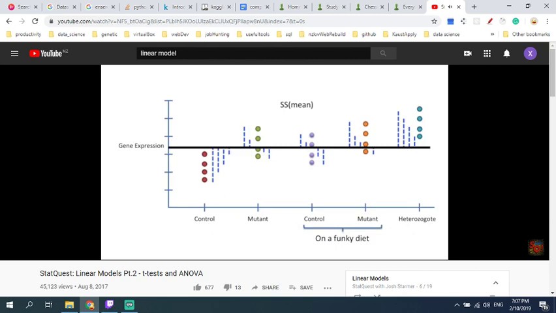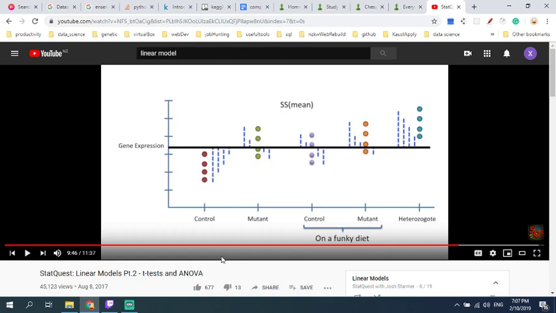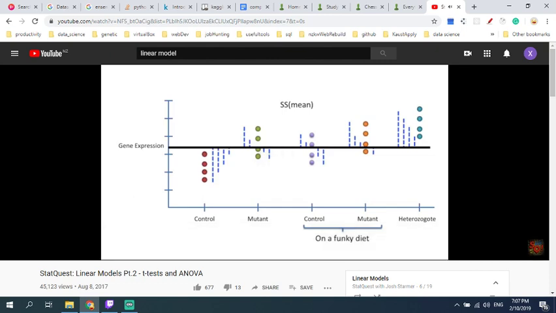The first thing we do is calculate the sum of squares around the mean. We do this just like before. We calculate an overall mean value for all of the categories, and then square the residuals and sum them up. No big deal. The equation for the overall mean is just y equals mean expression. That equation only has a single parameter,